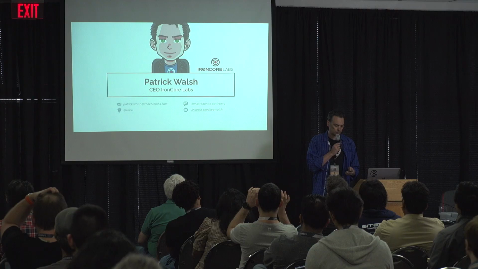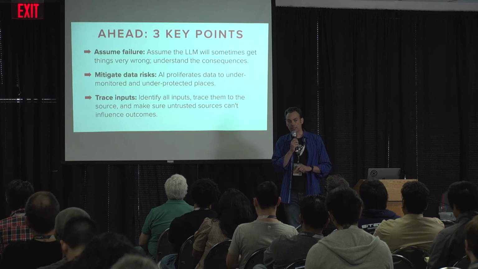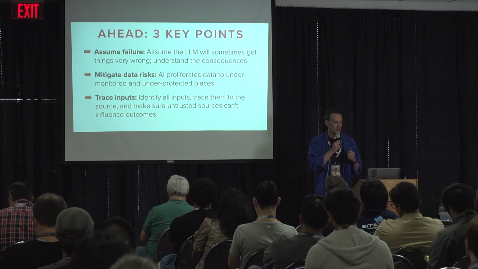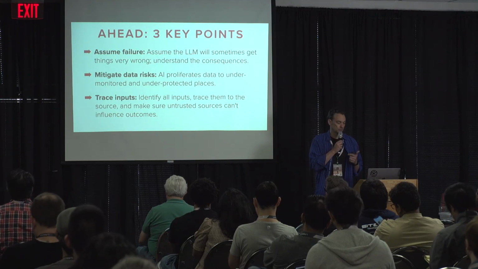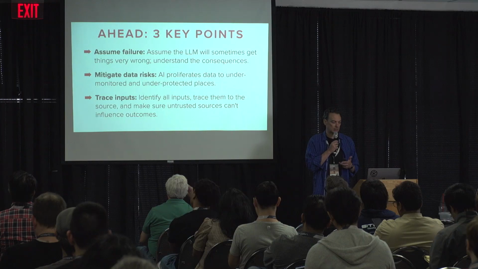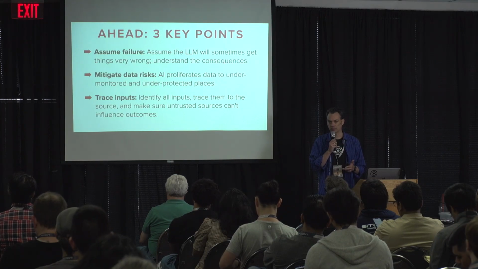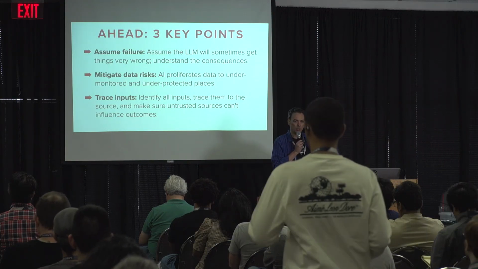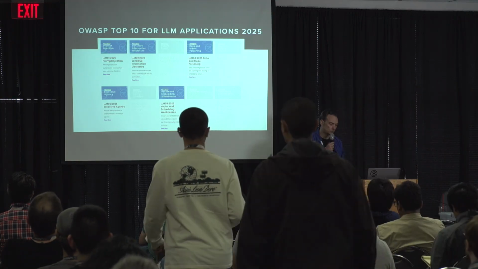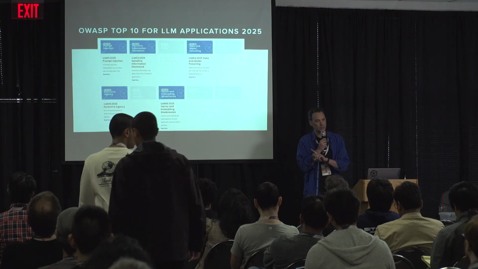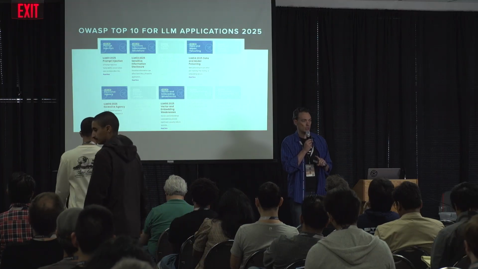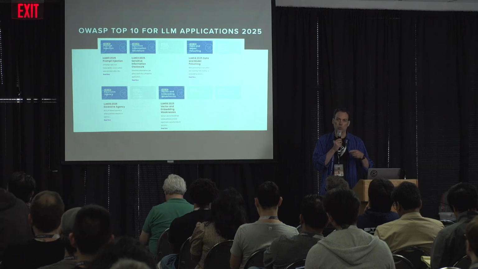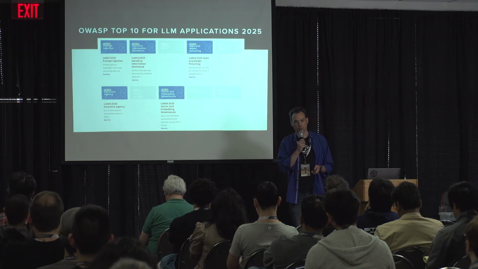There are 3 main points I'm going to make today. I'm just going to spoil the whole conclusion; you can walk out right away if this is all you need to see. One, you should assume failure. Two, you need to mitigate the data risks. And three, you need to trace all inputs. Effectively, this is a roadmap for the rest of the presentation. There will be 3 parts overall. As I go through, you'll also see these little blue-coded items, where I reference the OWASP LLM Top 10 to show which elements apply to different exploits or points that I'm making.